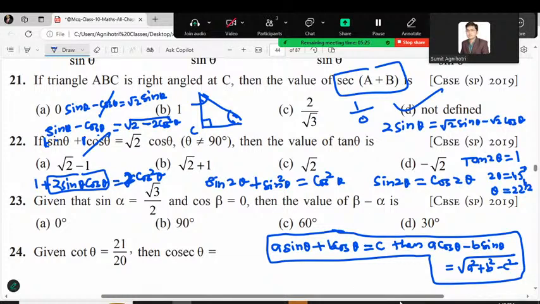Tan theta, tan 2 theta is 2 tan theta over 1 minus tan square theta. That's why if you want tan 22 and half, it is equivalent to